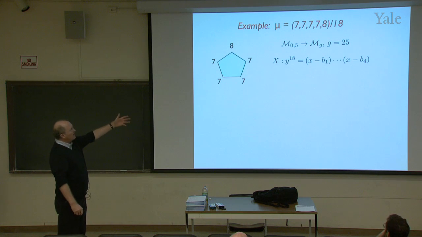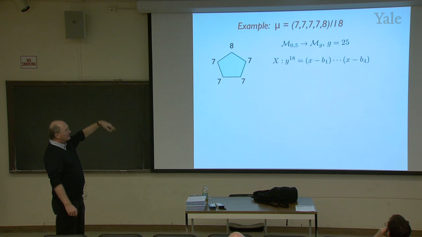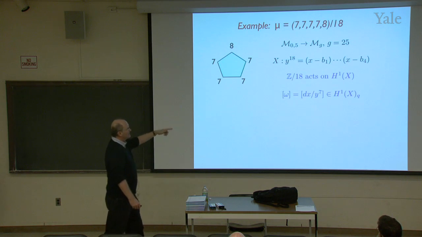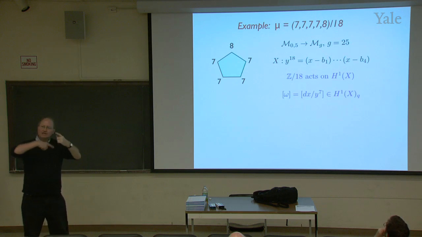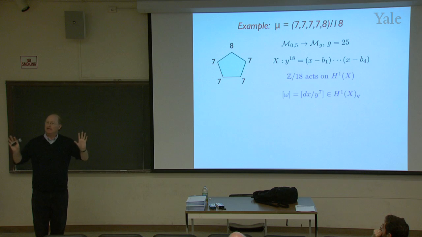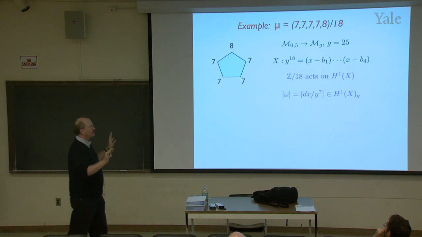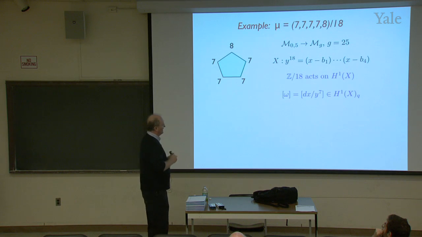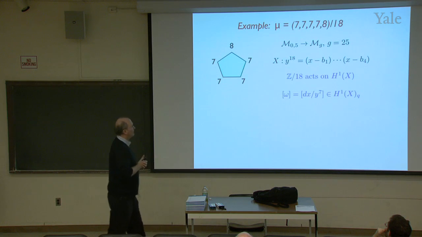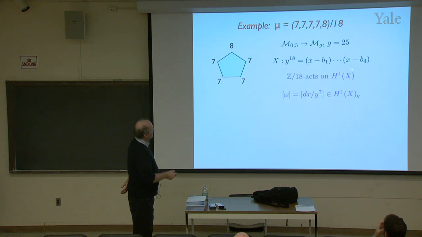Now, of course, this Riemann surface has a lot of symmetry. In particular, the group Z mod 18 acts on this surface, and it acts on its homology. The action of Z mod 18 on its homology is a purely topological thing. It doesn't depend on where the points are. If we just think of the complex homology, it's sort of fixed once and for all. The model for that doesn't depend on where the points are located. However, there is something that does depend on where the points are located, namely the cohomology class represented by our